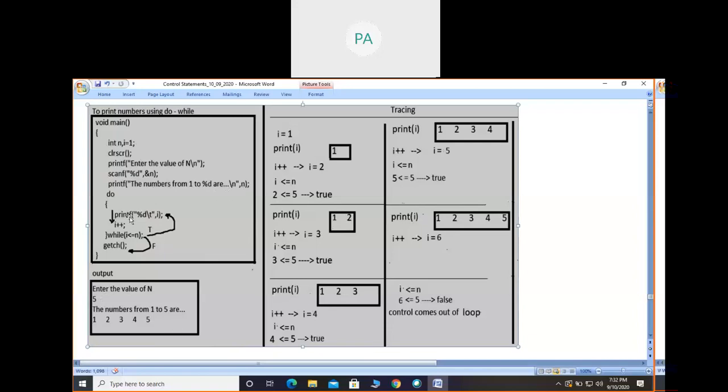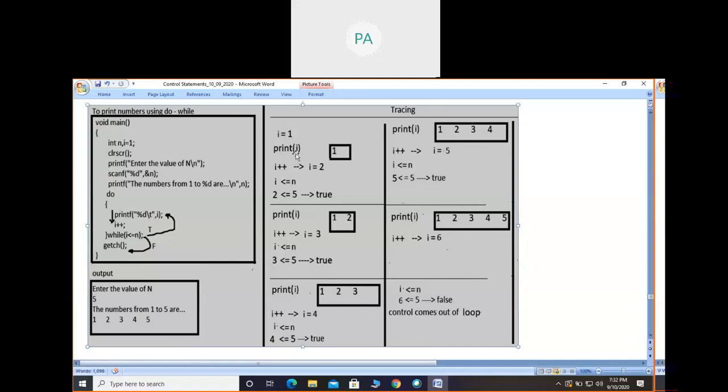So it starts executing the loop. Here in the program, instead of count I have taken i equals to 1. That is a way of writing programs by convention. It's not a rule, just a habit of writing. When we consider looping statements, we use the variables i, j and k. So look at the tracing: i is equals to 1. That is the initial value of the looping variable. Print i.